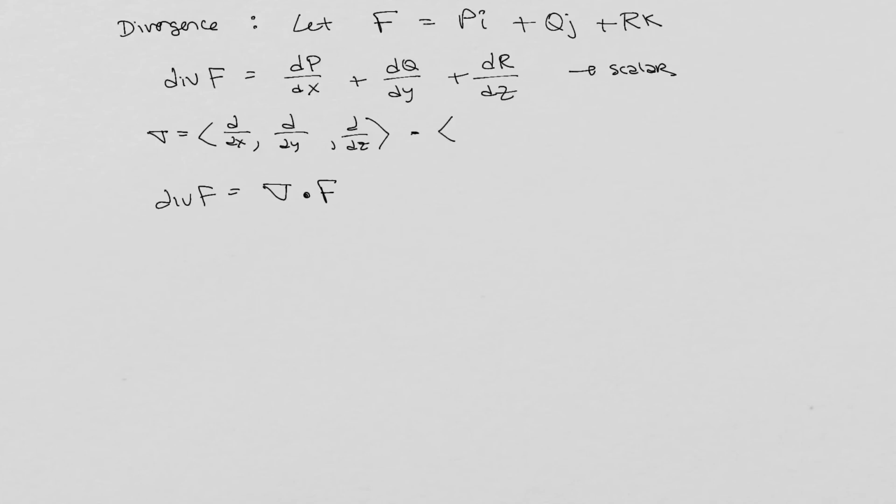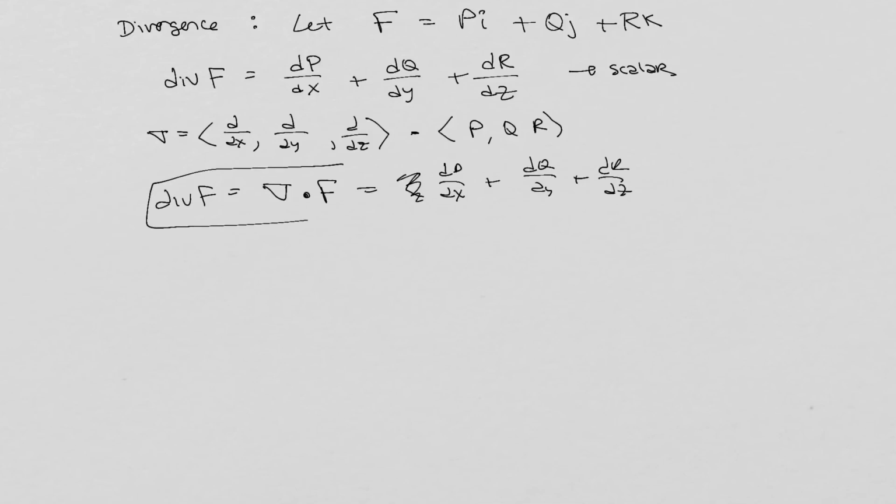Right? Because if I take this and I dot product it with p, q, and r, we get the derivative of p with respect to x, whoops, not a vector anymore, plus the derivative of q with respect to y, and the derivative of r with respect to z. Right? So if that helps you remember the formula for the divergence of f, have at it and use that. Okay. All right. So let's look at our first example where I had this vector field f of